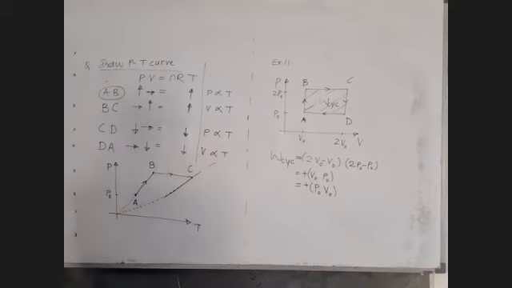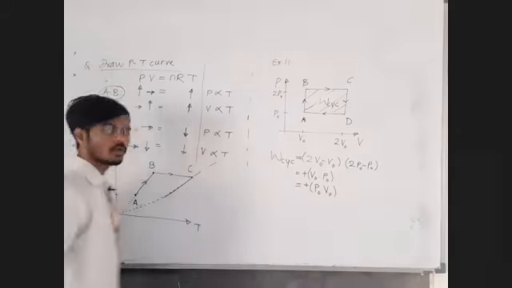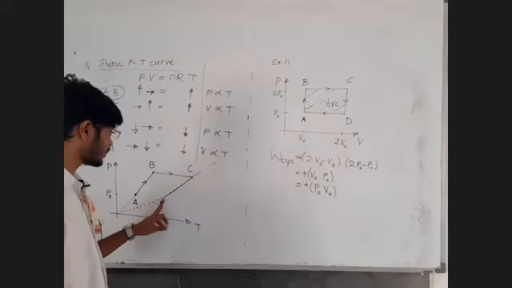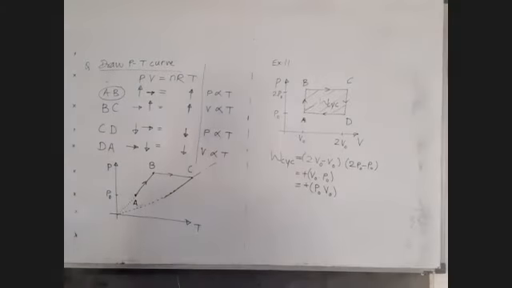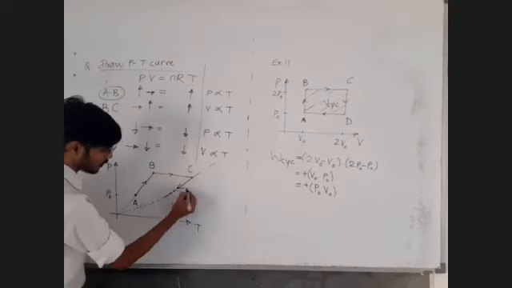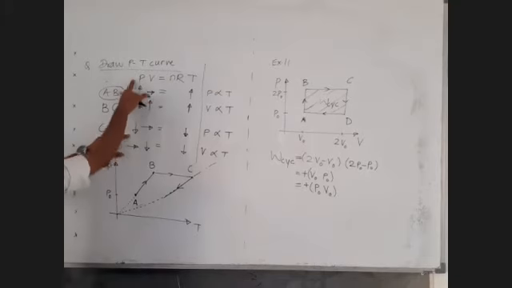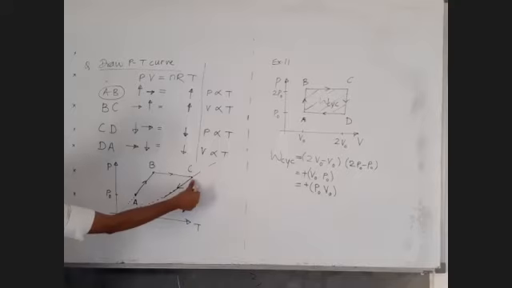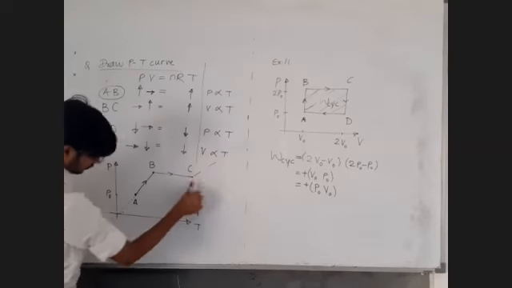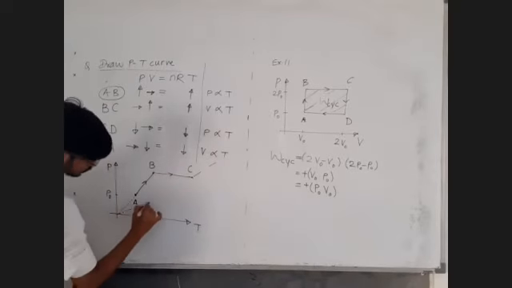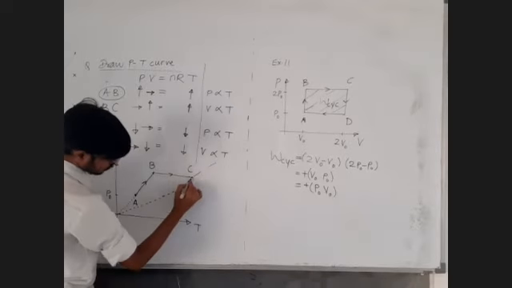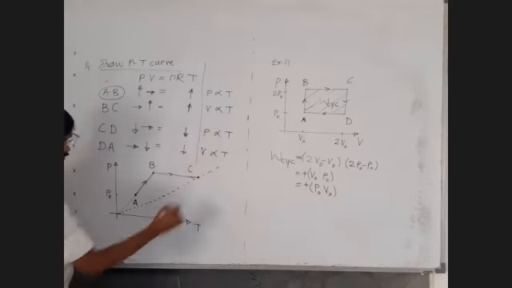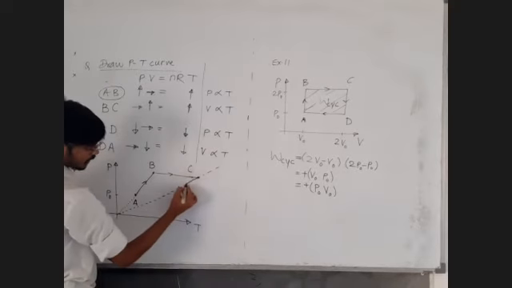Now we will not decide point D immediately, but I know that the graph is going to be like this, because here I can observe that pressure is decreasing and temperature is decreasing, and y is proportional to x, a line passing through the origin. It is going to be some part on this line, but we cannot immediately decide the point D.